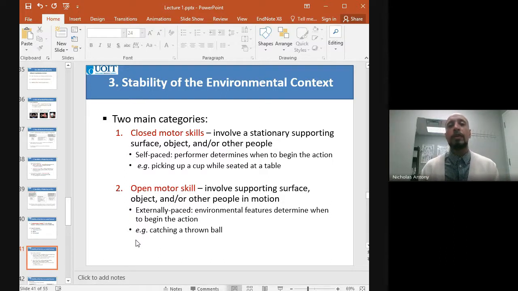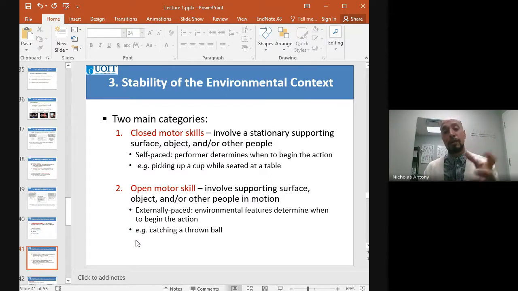I think the example that I used in the other class was hitting a baseball off of a tee versus getting a ball pitched to you. Which one's more difficult? The pitch one, because now you're timing your batting motion to something coming at you or something moving,